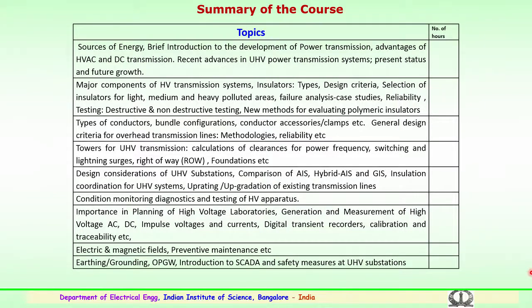So, we look into the summary of the entire course, that is advances in power transmission, UHV power transmission. We have tried to cover the following aspects in the course. Initially we have discussed the various sources of energy, like the available sources of energy: wind, solar, nuclear, renewables and so on. We have discussed a brief introduction to the development of the power transmission system or network,